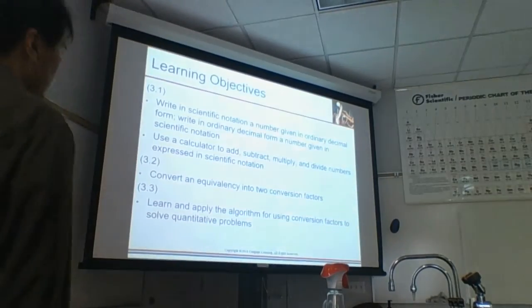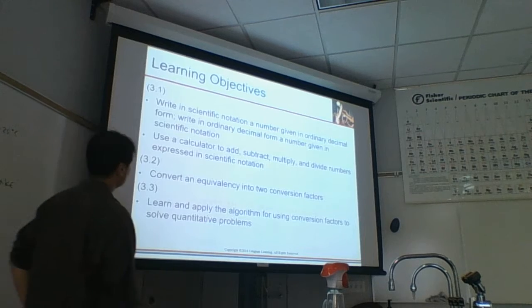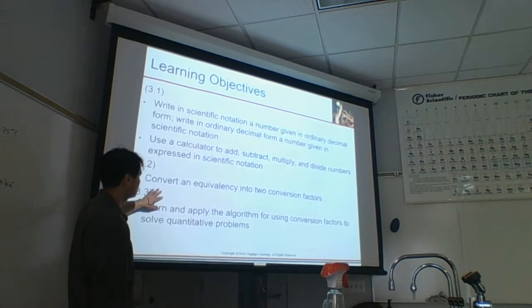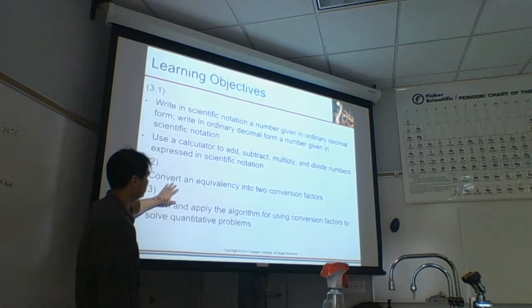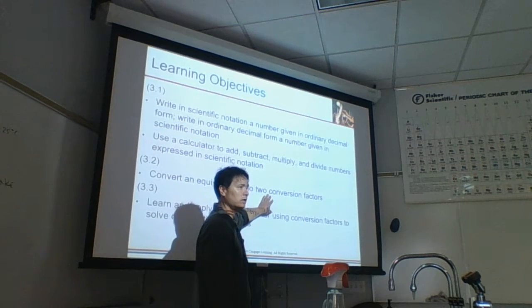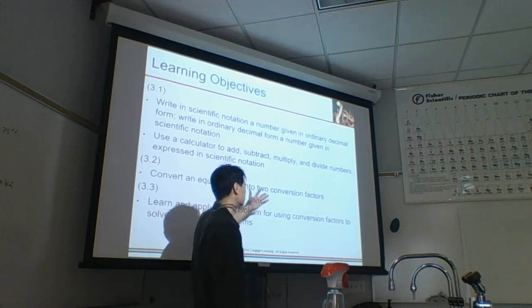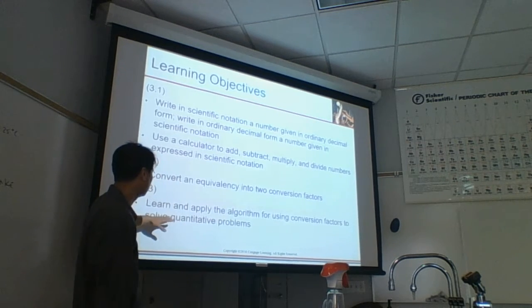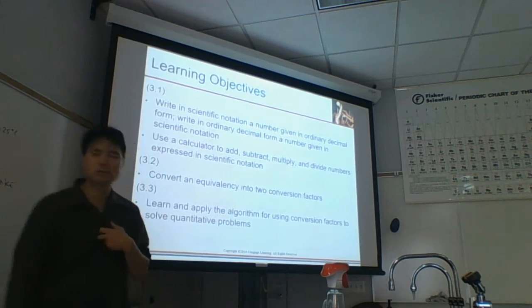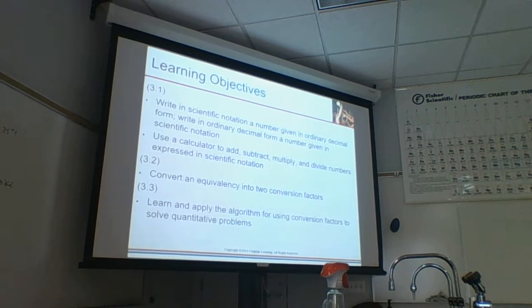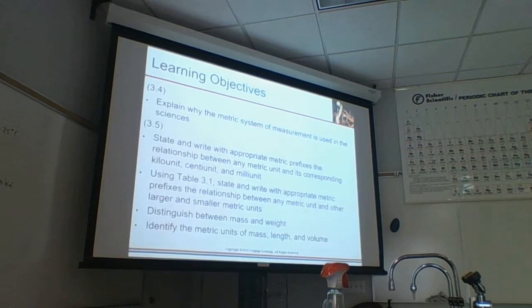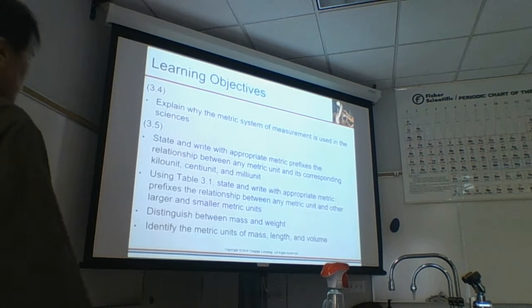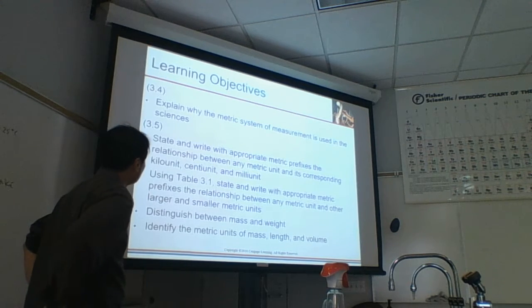So, you know, these are the learning objectives, writing scientific notation. We got to use a calculator with scientific notation. We've got to deal with conversion factors. Do you know what a conversion factor is? Yes or no? Maybe. But we'll talk about them, so you should know what conversion factors are and how to use those. Conversion factors are very important because we use that in our way of solving problems. The number one way of solving problems in chemistry is by dimensional analysis or factor label, which we'll talk about in great detail.